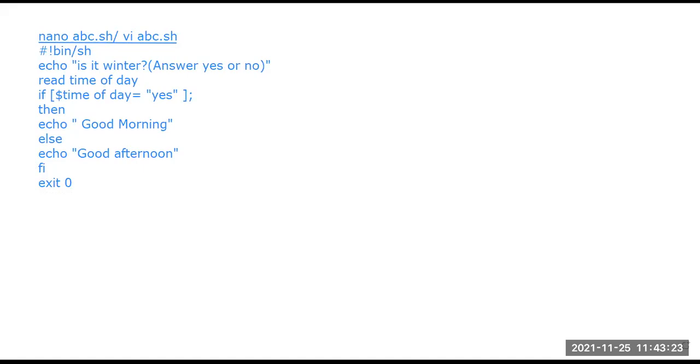Now, in this shell programming, the concept of programming doesn't change. What we have learned in the past from C and Java, the concept of the programming language is the same. What changes in every language is the syntax, the writing structure. That changes in every programming language, not the logic. The logic doesn't change.